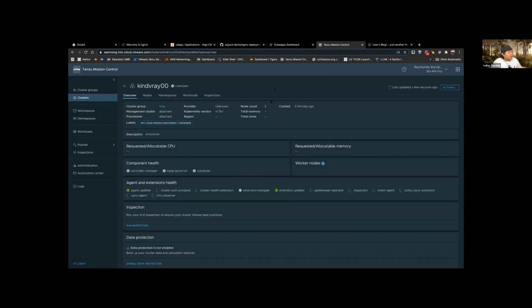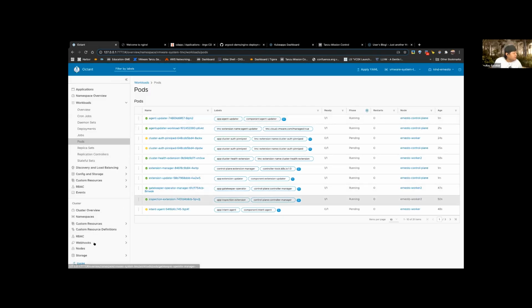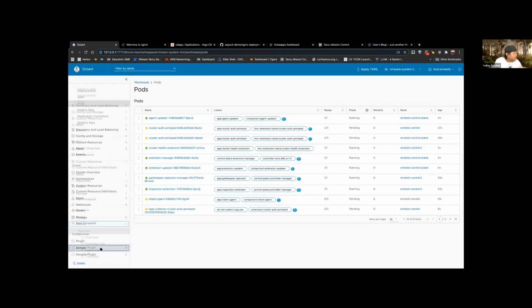This is SaaS, by the way, right? This is somewhere in AWS, right? And I have my kind Kubernetes cluster up and running. I can play, for example, with policies. Let's say that I want to have a restriction or network policies, for example, to apply microsegmentation in terms of pods, right? And by the way, I just enabled, in this case, the plugin for having Antrea.